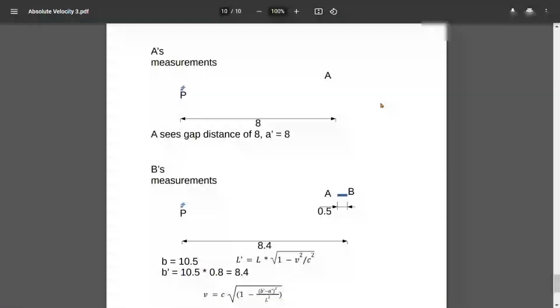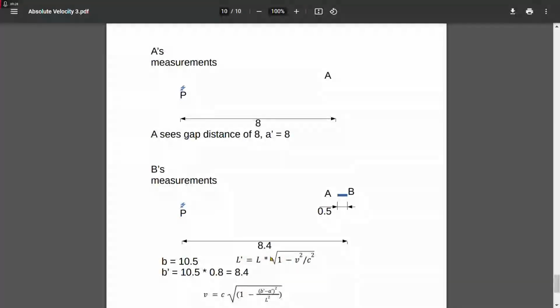Okay, so let's take a look at what happens if the measurer, B, is actually not 1 length away from A, but 0.5 length away. So again, A primed will still be 8. Now, we just define B primed. What is B primed? Well, we know that right now, in real space, or in true distance, this would be 10.5 away from P. And we simply take into our equation here, L times this number here,